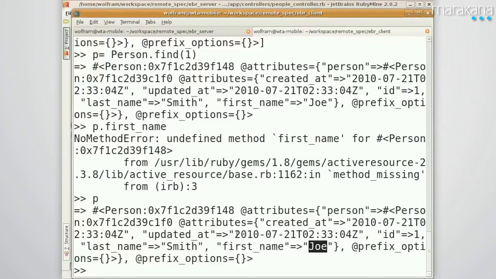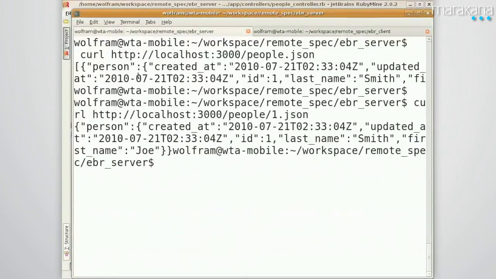I don't know why this hasn't gotten fixed in Rails yet. I don't think for XML this happens, but for JSON, the server sticks in this additional key up here, and the client doesn't expect that with all default values. This is very un-Rails. Usually the defaults are great defaults. They work out of the box, but in this case they don't. So, several hours later,